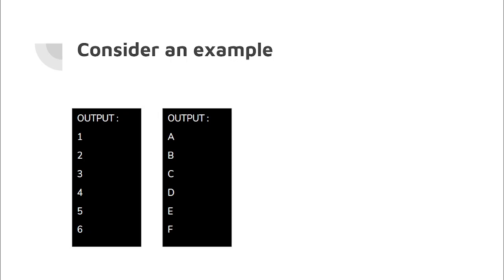So in these cases, what we can understand is that if we are using the old method, we need to type 1 2 3 4 5 and 6 in the form of cout, so it will take a lot of time and a lot of memory too. The case of a b c d e f also, it will take a lot of effort and time. So in these places we use loops.